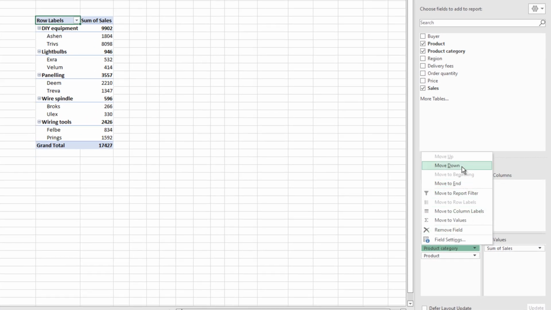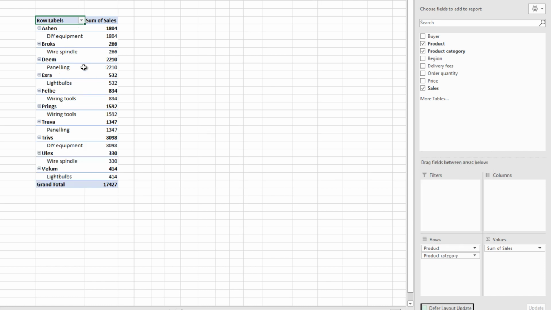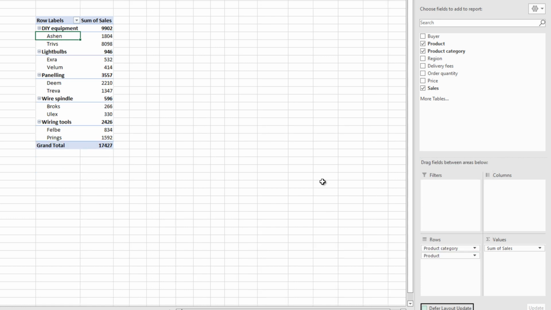Hierarchy is also important. If I click move down, it means that the products will take priority. So watch what happens. I click move down. Suddenly it's the product followed by the category, which isn't as nice looking. It's obviously a little bit harder to read because they're not neatly aggregated. So it's important to make sure your hierarchies are correct. So that way then you get the most out of your